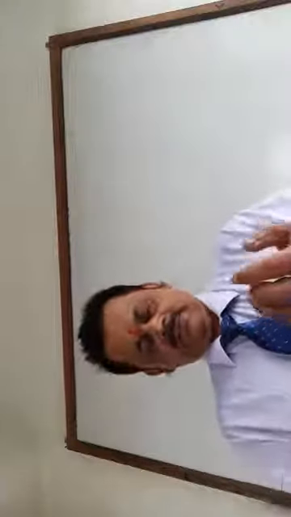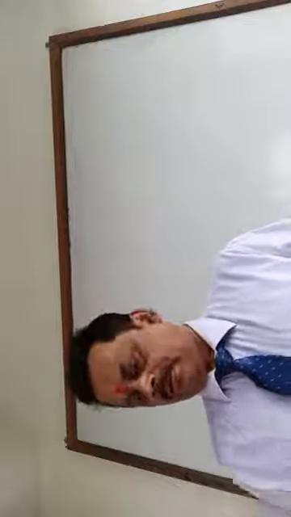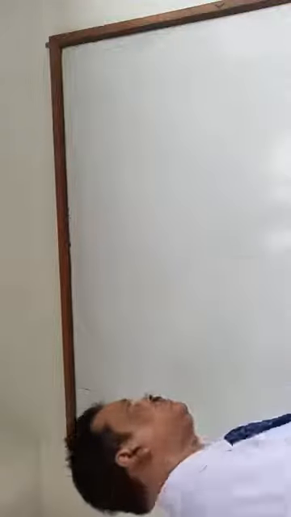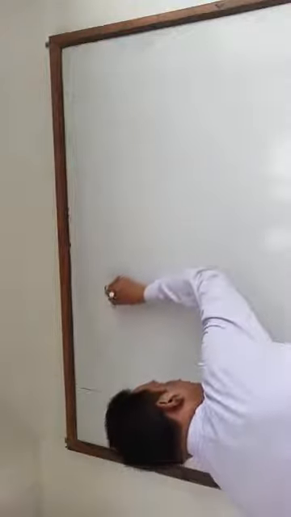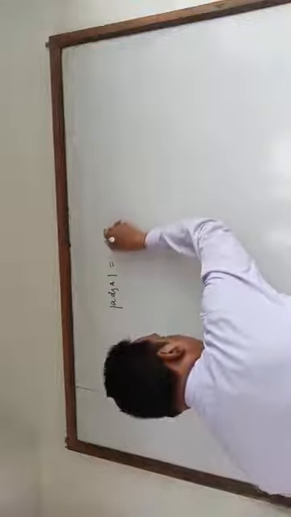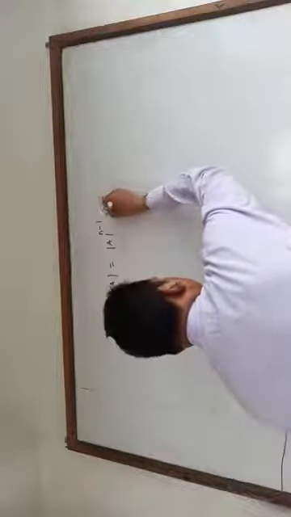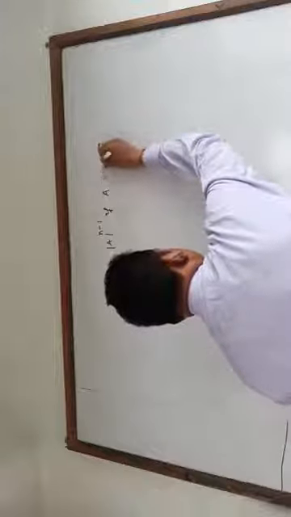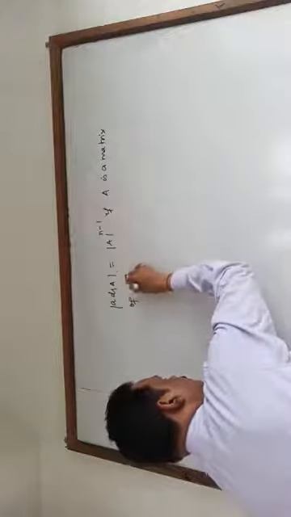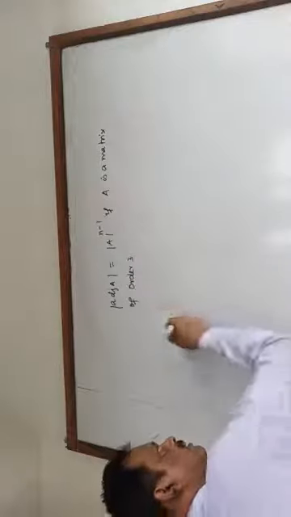So, dear students, today we will have some more questions based on this inverse of matrices. See, first question here, there is a formula. Determinant of the adjoint of A is determinant of A to the power n minus 1, if A is a matrix of order 3, means 3 cross 3. So you can have a question on this.